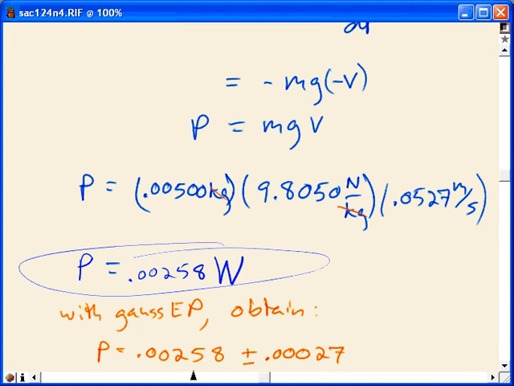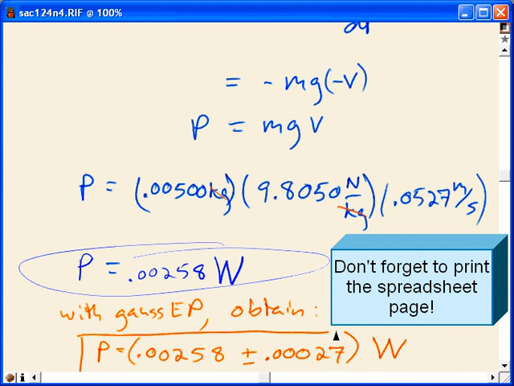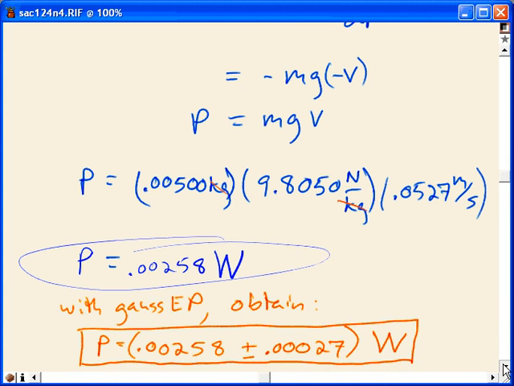So it's out here in these last two digits where the uncertainty lies, and that's watts. So this will be my answer for the problem, obtained with the aid of